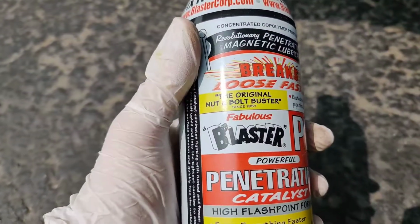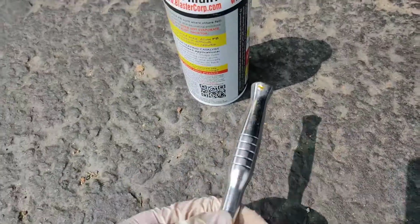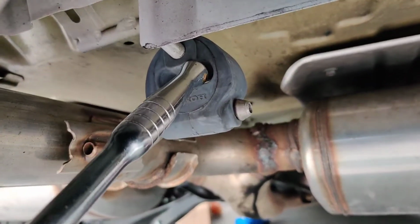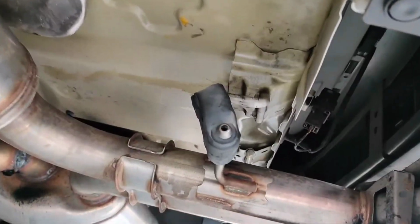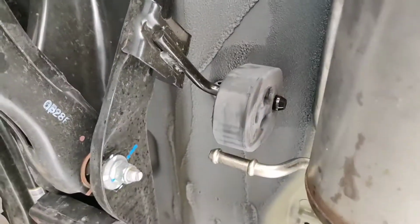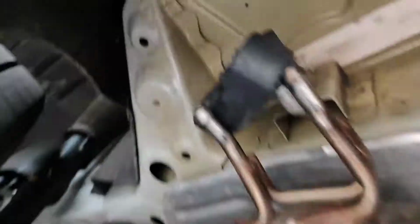Use some PB Blaster so it can slide out easily, and I'm using like a little stick to pull it out, kind of like this. I put it in, and then I pull out like that. I actually just left one hook on because there's one there, one back there, and then there's two back there, two in front, and then two on each side. But I left one hooked in because now